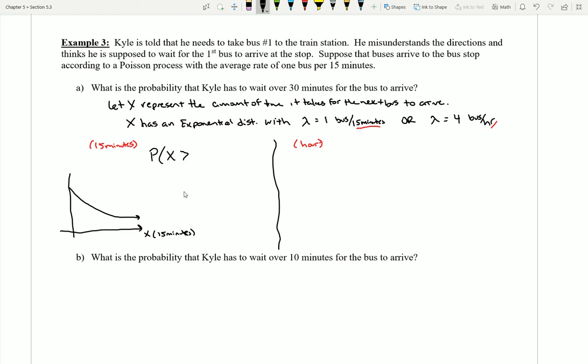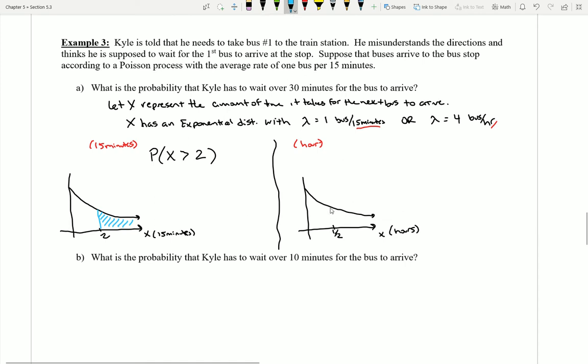Well, what I'll see here is that I actually am going to have to do 2, right? 2 15-minute chunks is the same as 30 minutes. And I'm going to go over 2. Notice on the other side, I have a similar sort of conversion to do. I can go ahead and say here, if x is being measured in hours, then my distribution is going to look something like this. And if I want to do 30 minutes, how many hours is 30 minutes equivalent to? Well, it's half an hour. So I would say I'm going to put a 1/2 on my number line.